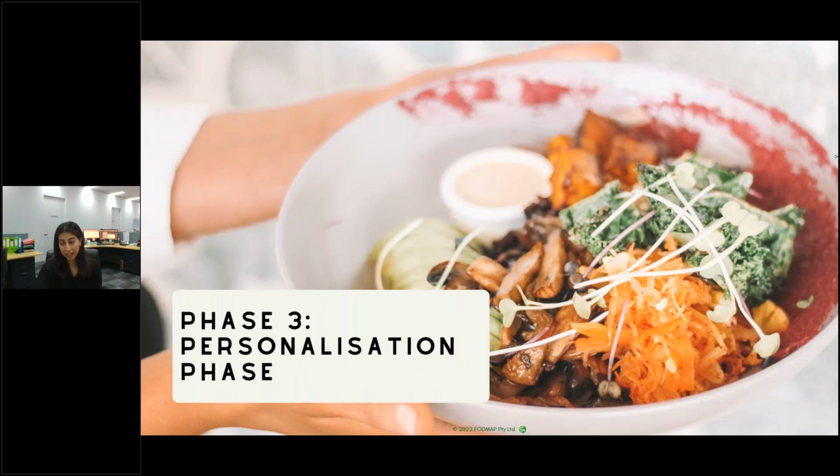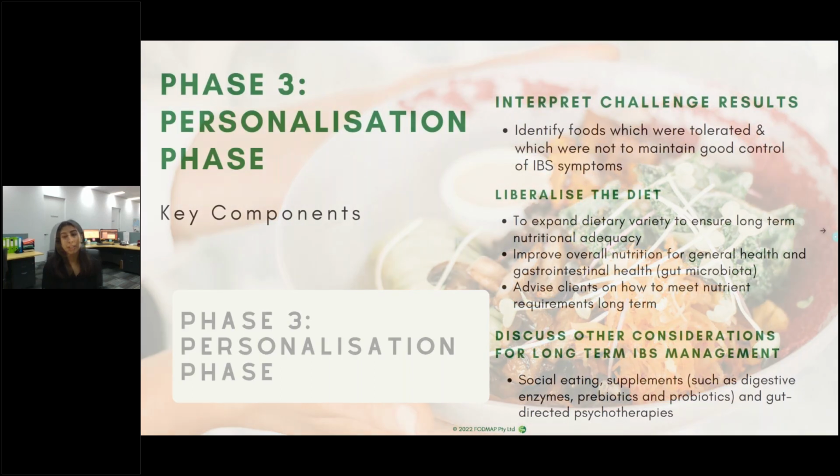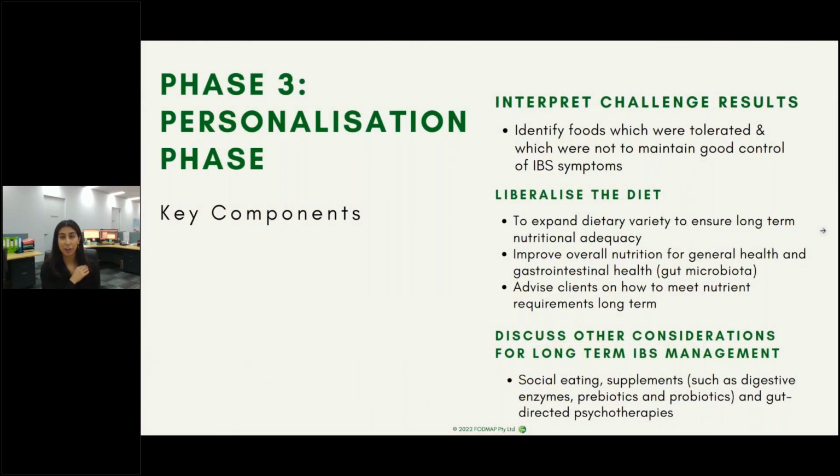Now, once we have the results for these, we can move on to the personalization. The personalization phase involves interpreting the challenge results. So we can identify which of these foods were tolerated well and which were not tolerated. And from there, we can liberalize the diet and expand the diet variety. So we can include some of those foods that were tolerated well, and we can limit the foods that weren't